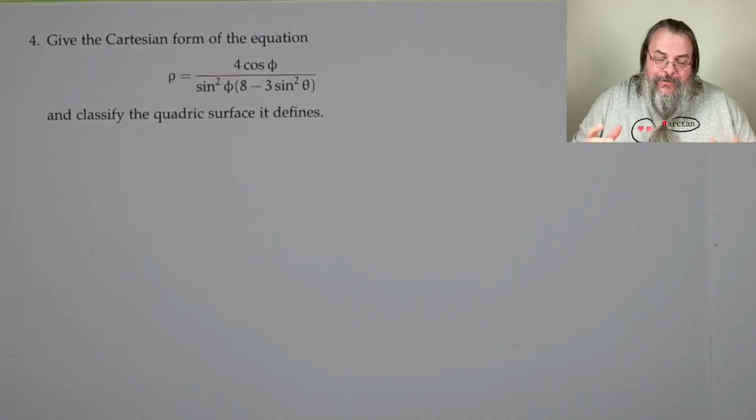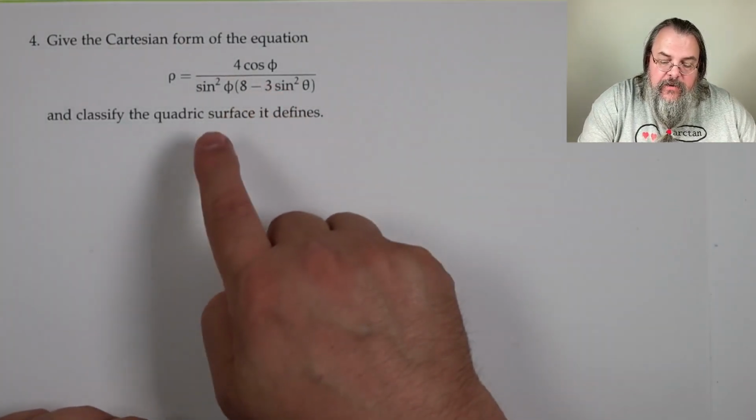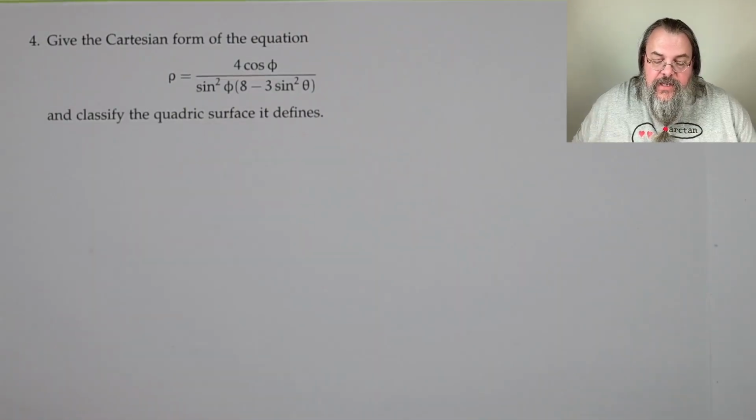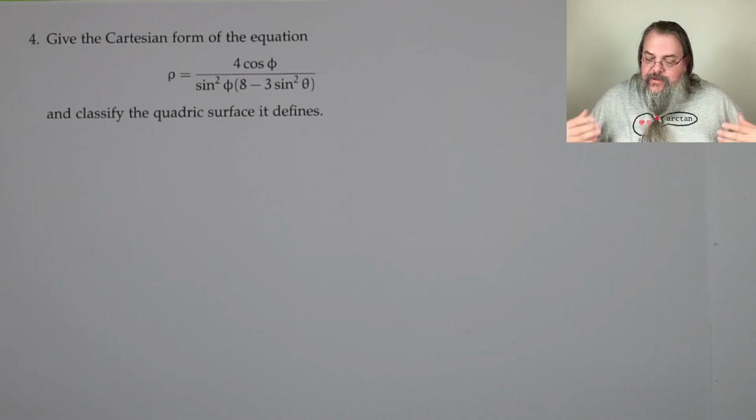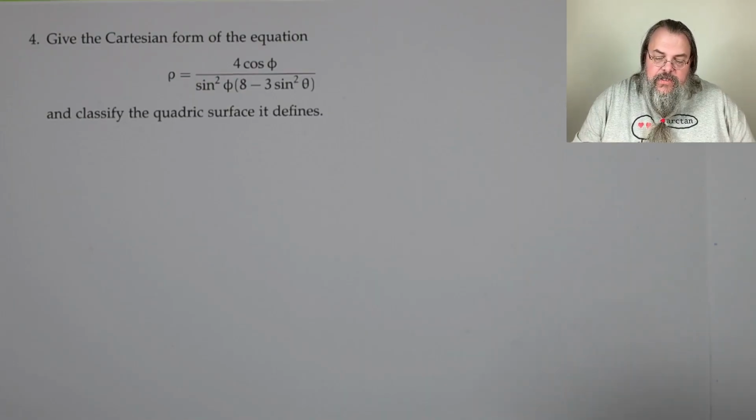Give the Cartesian form of the equation rho equals 4 cosine phi over sine squared phi times 8 minus 3 sine squared theta, and classify the quadric surface it defines. Now, there's some clues here. We see certain